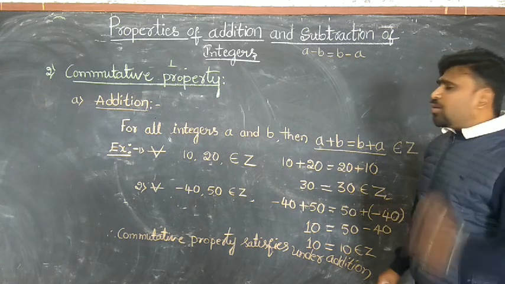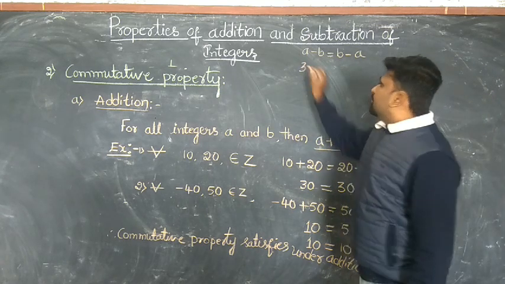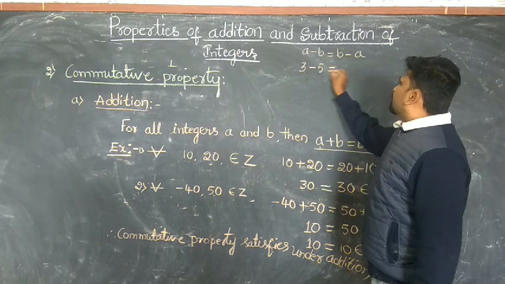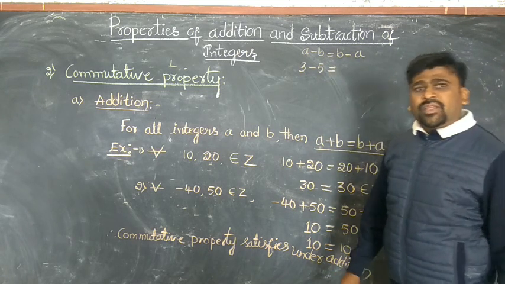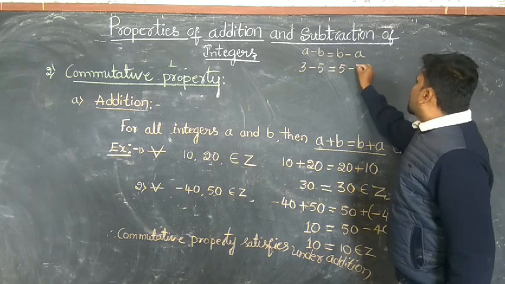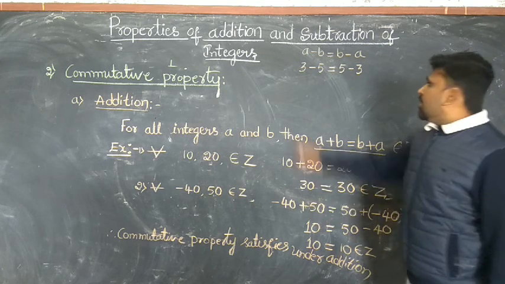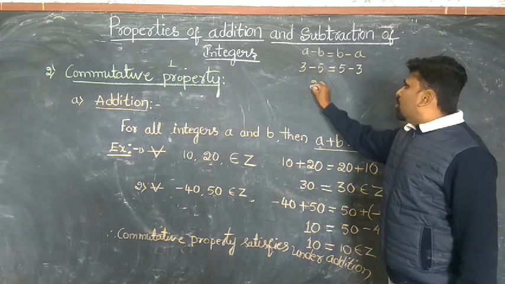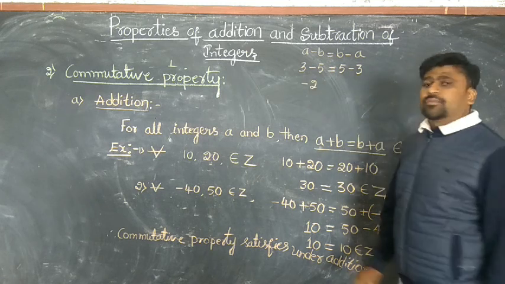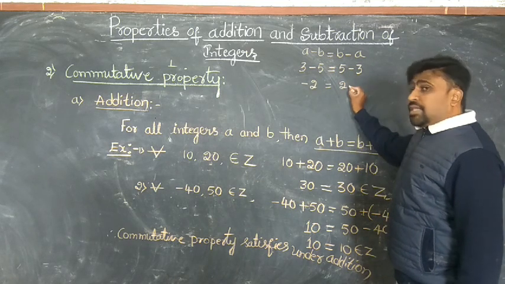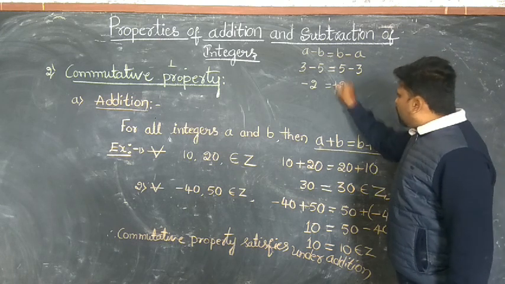Again we can take any two numbers. One is 3, second one is 5. Clear? A will be 3, B will be 5. Here 5 minus 3, again different symbols, we have to subtract. 5 minus 3 is 2. The bigger symbol will be minus. Again 5 minus 3, again it is 2. Here the bigger symbol will be plus.